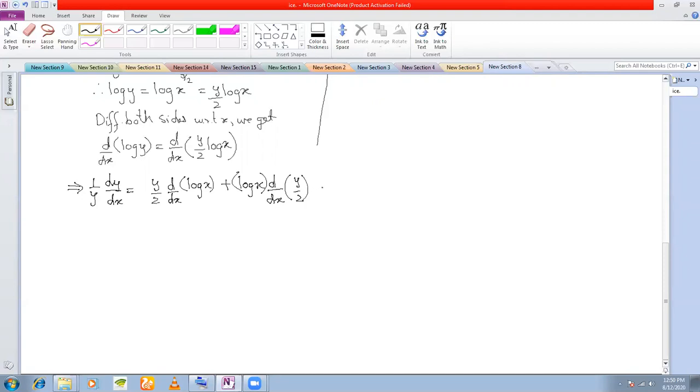So now what happens? y by 2 times d/dx log x, which is 1 by x, plus, from y by 2 I can take half out of the differentiation, so I get half log x into d/dx of y,